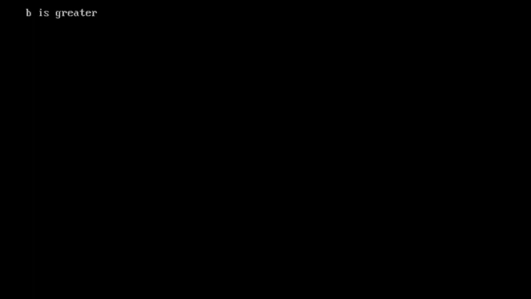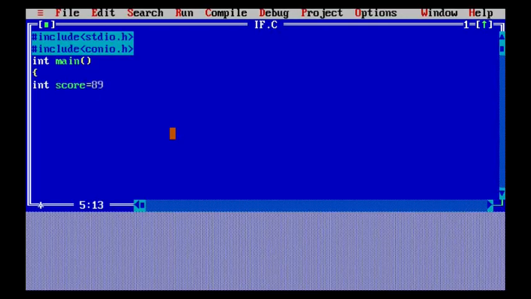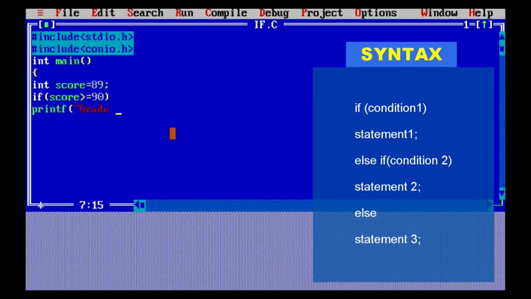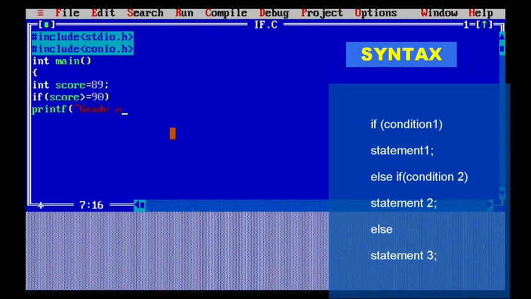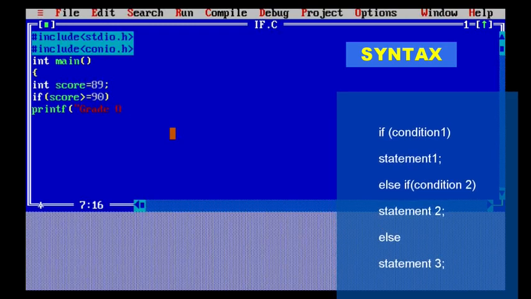The next thing is if we want to use multiple if else statements, like if I want to use one single value and use multiple if else statements according to that. In that case, I've used a score in which I've defined a particular score. After that I'm checking whether that score is greater than 90, and according to that I am printing the grade. So I will take different conditions based upon this one score that I have given, and according to that score only I am going to give the next values.